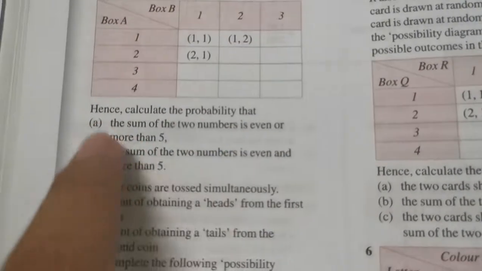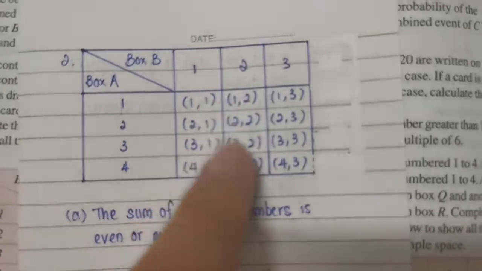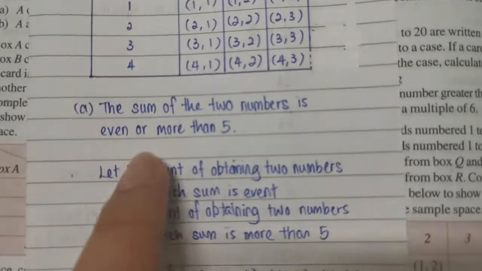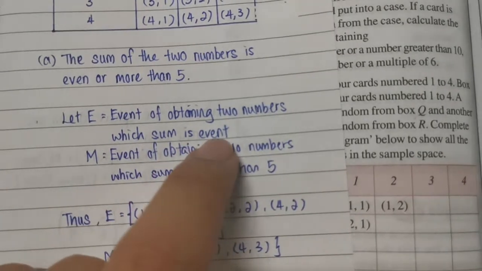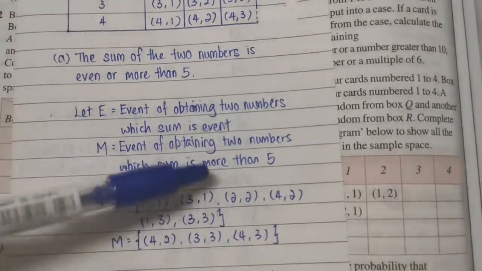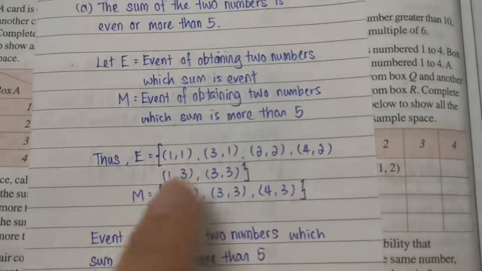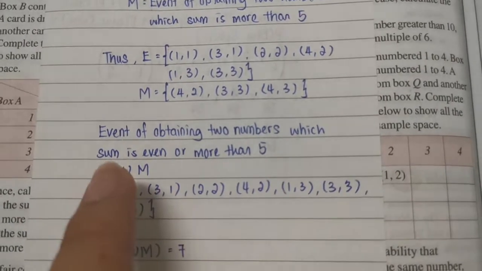So 我们要找 the sum of two numbers is even or more than 5，跟 the sum of two numbers is even and more than 5。So we'll complete 那个 possible outcomes. The sum of two numbers is even or more than 5：我 let E 就是 obtaining 它的 sum 是 even，M 是 obtaining 它的 sum 是 more than 5。So 我的 E 跟 M 我就 list 出来先。So 我的 event of two numbers sum is even or more than 5，or 的话就是 union。